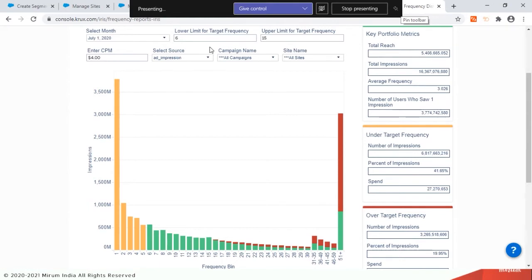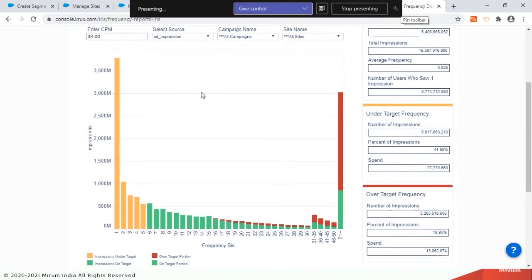In DMP terms, it's a short tail frequency, wherein I'm showing the ads less than 6 times, and this number is totally customizable. It changes from product to product, brand to brand, but for the demo purpose, it's 6. And anyone who is seeing that ad more than 15 times in a month's duration is a person who is over targeted. So I'm defining this particular piece for the platform, right?